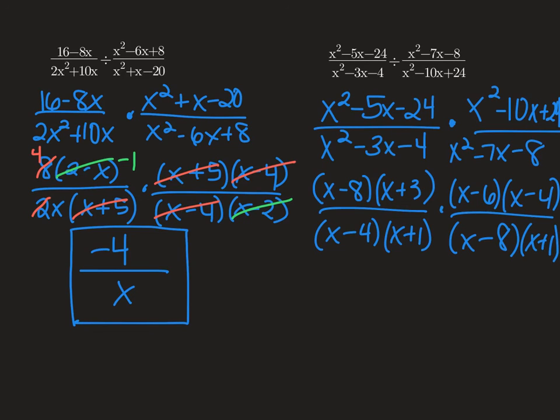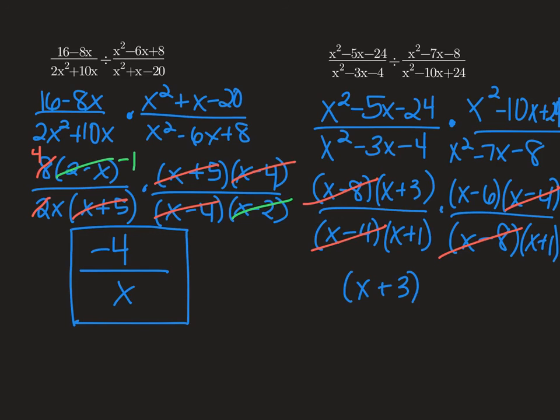Okay, now I'm going to look for my common factors. Well, I have an x minus 8 and an x minus 8. I have an x minus 4 and an x minus 4. I have 2 x plus 1s. Do these cancel if I have one here and one here? Nope, because they need to be one in the numerator and one in the denominator so that they divide out evenly. So since nothing else cancels, my answer's kind of messy for this one because it's a lot of terms,